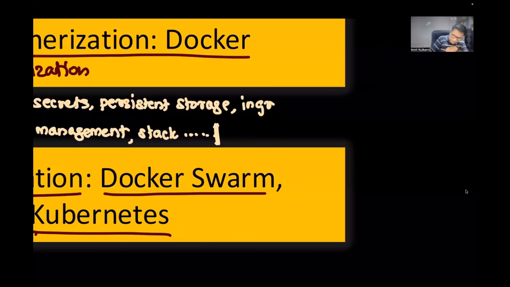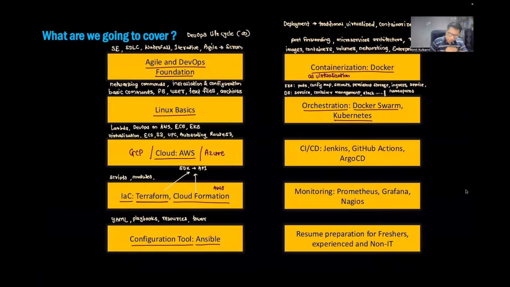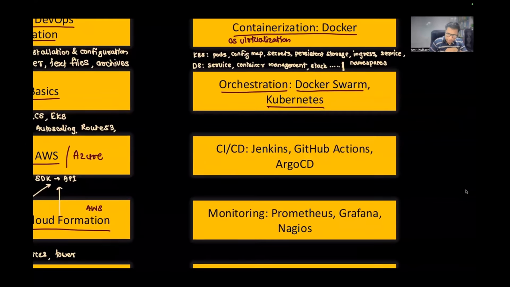and probably we can call it an ingress service. Four types of services. Probably we can go for something like the namespaces, and there are many others, so on and so forth. So we'll talk about all of this stuff in Kubernetes. Believe me, if you ask me what is the most important part in DevOps, I would say this is the one. It's called Kubernetes. It's very difficult, at the same time very important.